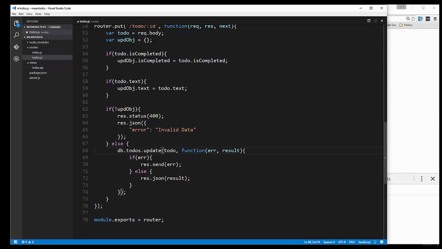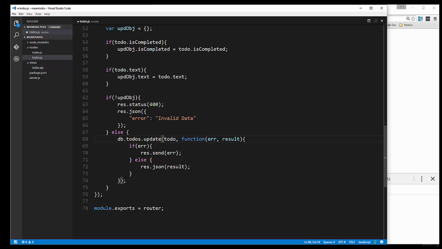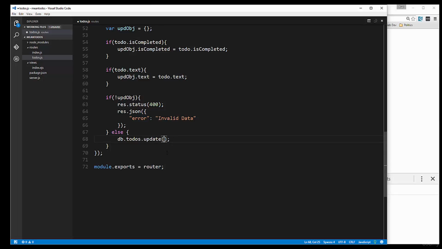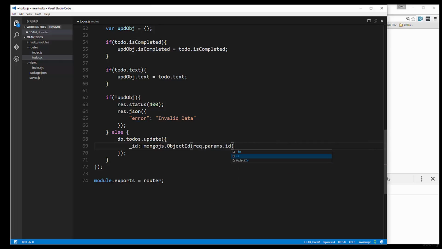Else, then we don't want to do a save, we want to do .update. Okay, and then we want to pass in, actually, you know what I'm going to do is get rid of all this. Okay, so we want db.todos.update, pass in an object. It's going to have an underscore ID, and we want MongoJS dot object ID. Pass in the request dot params dot ID,